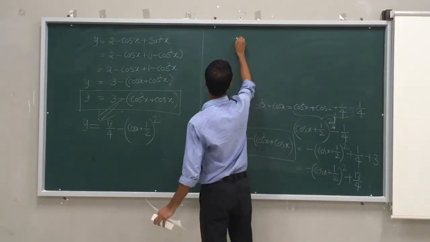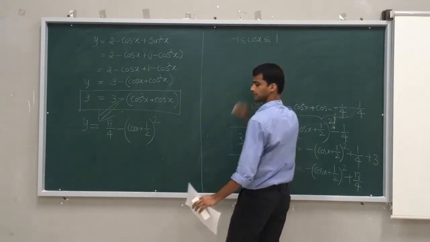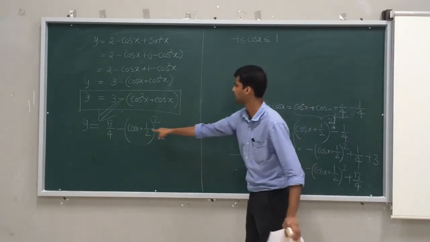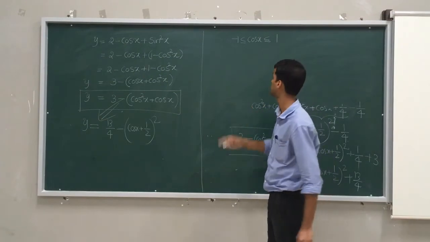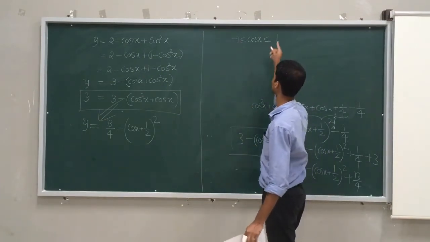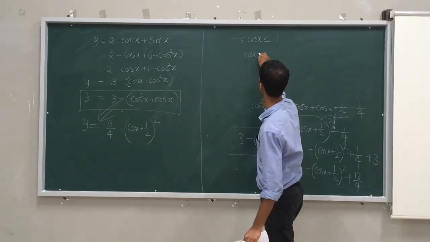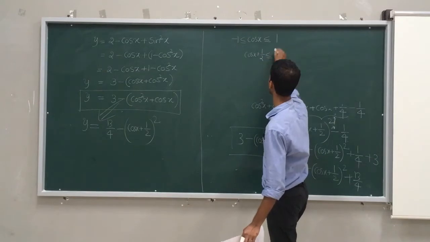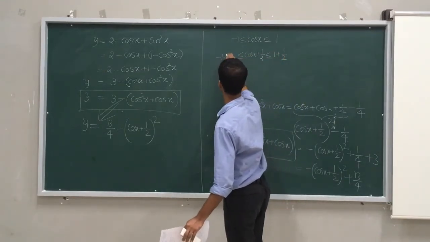We know that cos x lies between minus 1 and plus 1. That is the range of cos x, right? Now, what we will do here usually is, I will add plus 1 by 2. Just observe this technique. This helps you a lot for upcoming problems. We know that the cos x range is minus 1 to plus 1. Now, I will write cos x plus 1 by 2. If I add plus 1 by 2 here, here also I will add 1 by 2. It is 1 plus 1 by 2 greater than or equal to minus 1 plus 1 by 2.